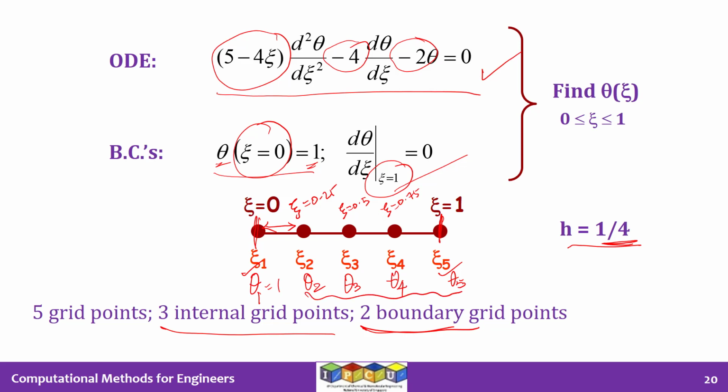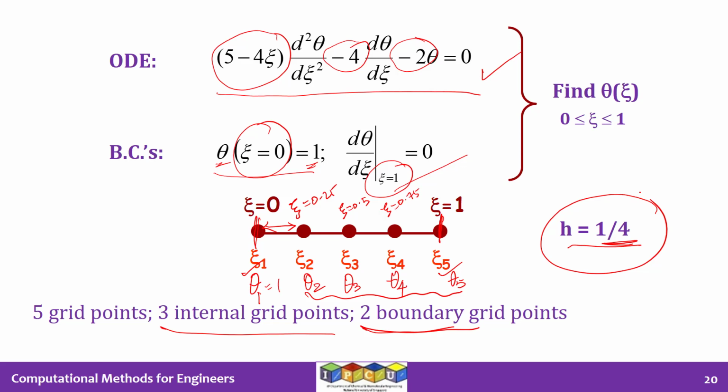Of course, if you choose a smaller value of h, you will have more grid points and then you will have more thetas to determine. And that's what you should do in practice. To solve the problem, this resolution may not be enough. You may want to solve it at finer resolution, which means you must have more grid points. That means you must have h to be smaller than this. But we are just illustrating the idea here.